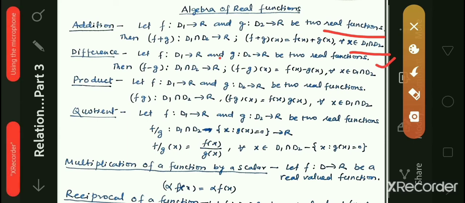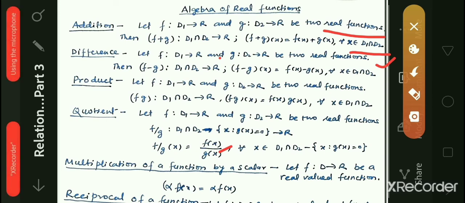In product, which is also quite similar to the addition and difference of functions. So fg: D1 ∩ D2 → R can be defined as (fg)(x) = f(x)·g(x) for all x belonging to their common domain. Now, let f: D1 → R and g: D2 → R be two real functions,